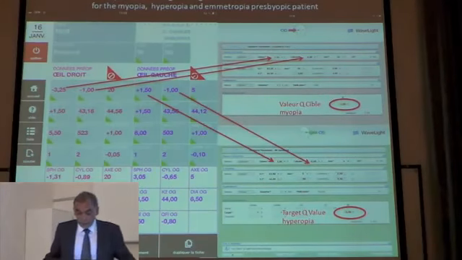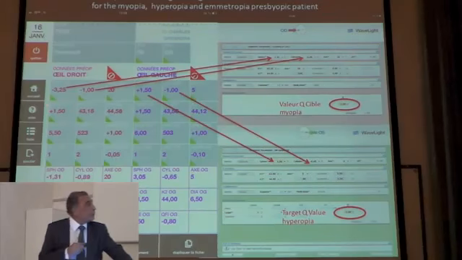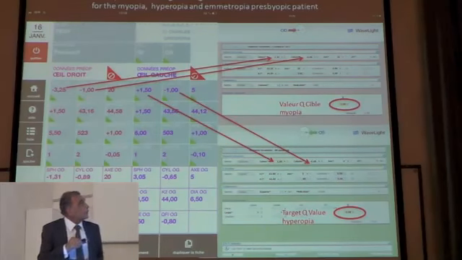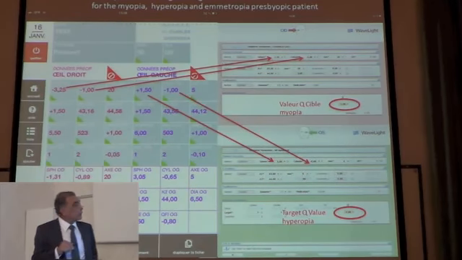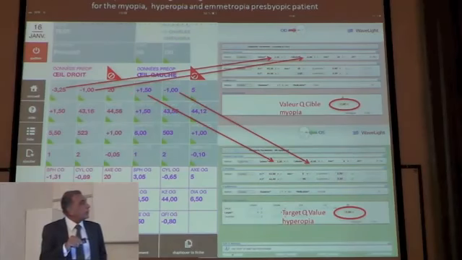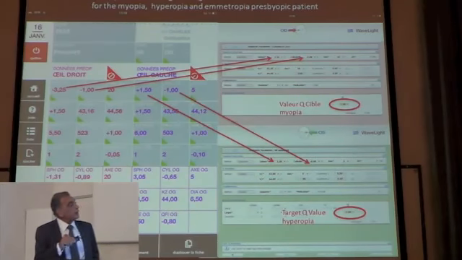Here is the software. In our software, we have to put for myopia the ametropia, astigmatism, presbyopia, keratometry, pachymetry, and residual accommodation, and the acuity for myopia and for hypermetropia or emmetropia, and that gives you what you have to enter